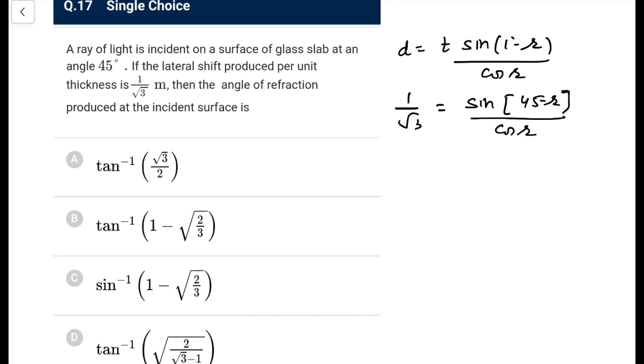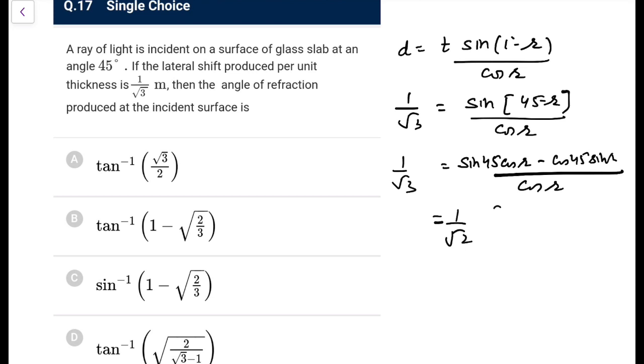Now it's such a question for your mathematics, and the options make you understand it's not going to be a cakewalk for you, but we are left with no choice. So sine of (A minus B), you know, is sine A cos B minus cos A sine B, like this, and this would be cos R. That is what you have written. So what we will do here, it is 1 by root 3, sine 45 and cos 45, both are equal, 1 by root 2 I can take out, so cos R minus sine R, so 1 minus tan R, it would be the better thing to write.